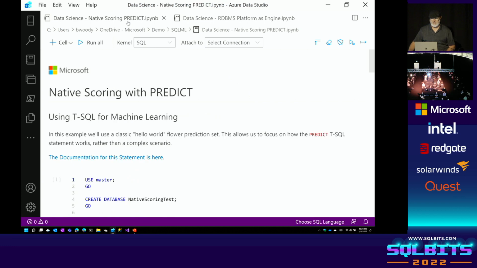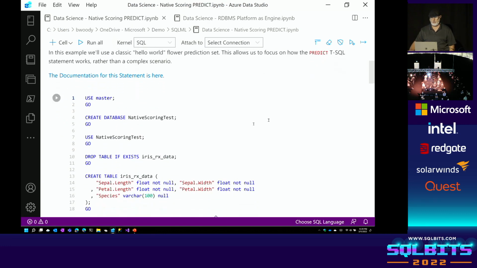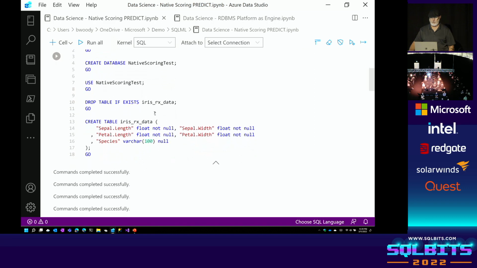So this is the native scoring with predict. I'm going to use master, I'm going to create a little database, and I'm going to fill it with a very controversial data set. Back in the day, there was a person who created an iris, a flower data set. And this data set for flowers was something that he used inside statistics to be able to predict whether a flower belonged to a certain class or another simply by observing some of its parameters. The reason it's controversial is it was eventually used to work with eugenics. It's kind of bad. So this isn't often seen, but it's fairly canonical. I just wanted to have that disclaimer there.